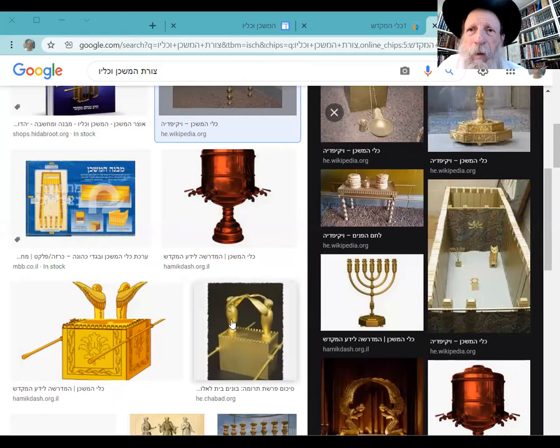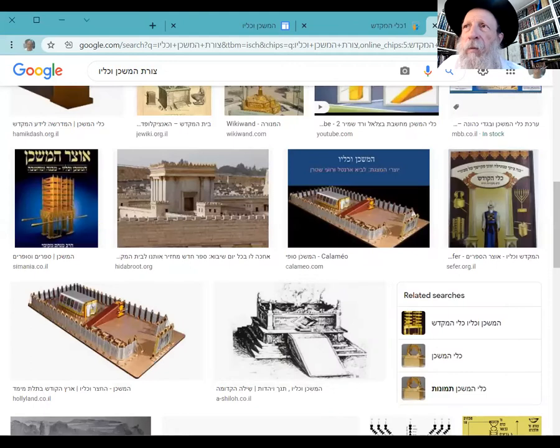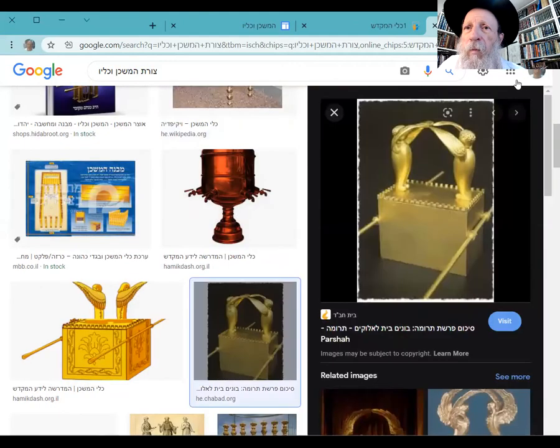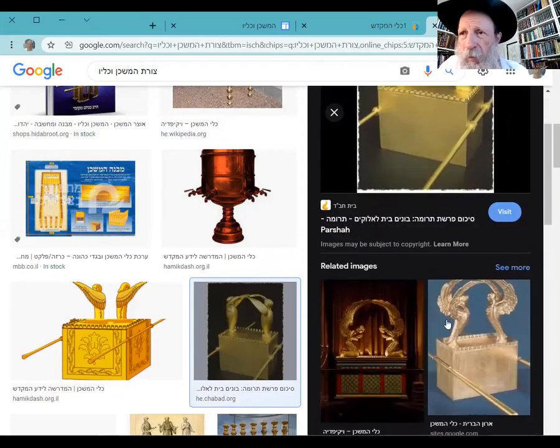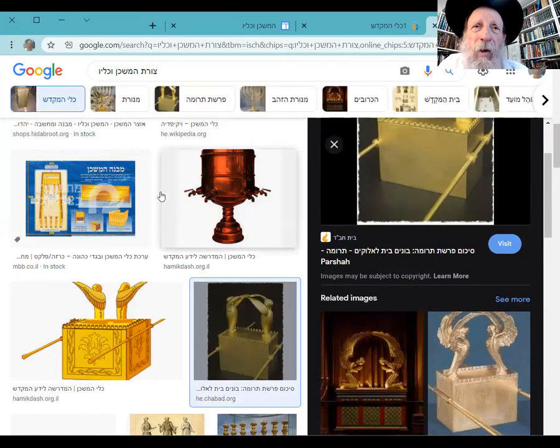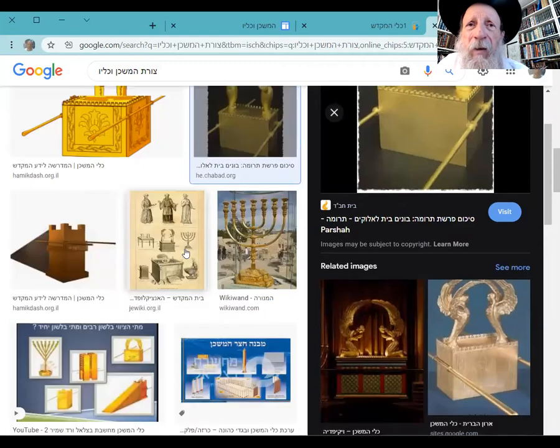Oh, here we go. Here's a picture, right? Just clicked once. All right, so here we have the rings. Here we have the poles. Here we have the two Kruvim with the wings spread out. It says it's supposed to be on their heads, but okay, a little bit's okay. Here, this is maybe a little more accurate, on their heads. Where was this whole business? It was inside of the,